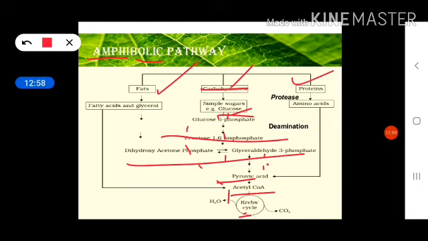For carbohydrate, when it is completely oxidized, meaning through aerobic respiration, the RQ will be 1, because in respiration you can see this reaction: glucose plus 6 O2, after complete oxidation, produces 6 CO2, 6 water molecules plus energy. So 6 CO2 upon 6 O2, the respiratory quotient will be 1. Okay, so for carbohydrate, the value of RQ is always 1.